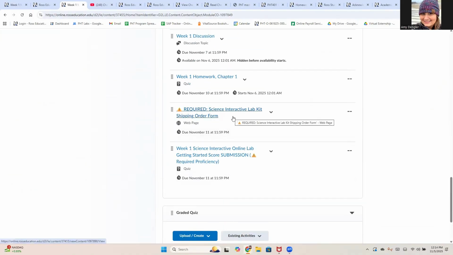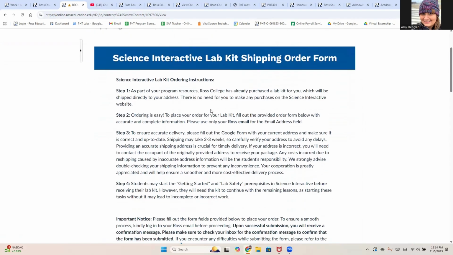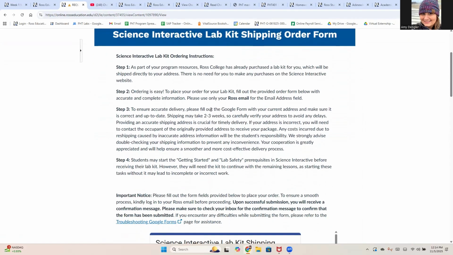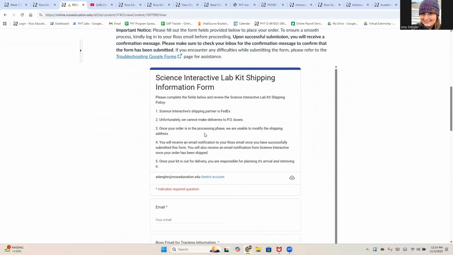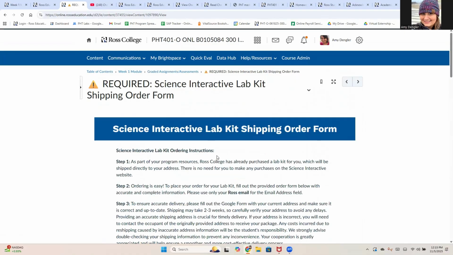First and foremost, we have the Science Interactive Lab Kit shipping form. Let's click on that. This is going to be due on November 11th. It basically will tell you what to do, and then you're going to fill out this Google form. The address that you're sending your lab kit to